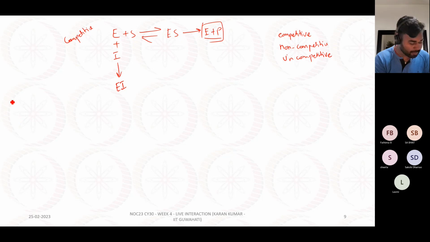However, in case of uncompetitive inhibition, what happens? In case of uncompetitive inhibition, your substrate, your inhibitor,